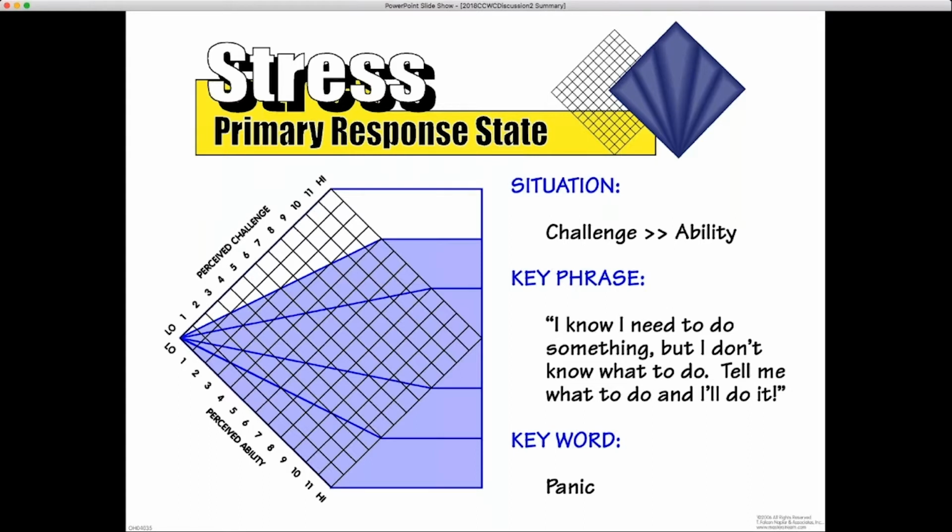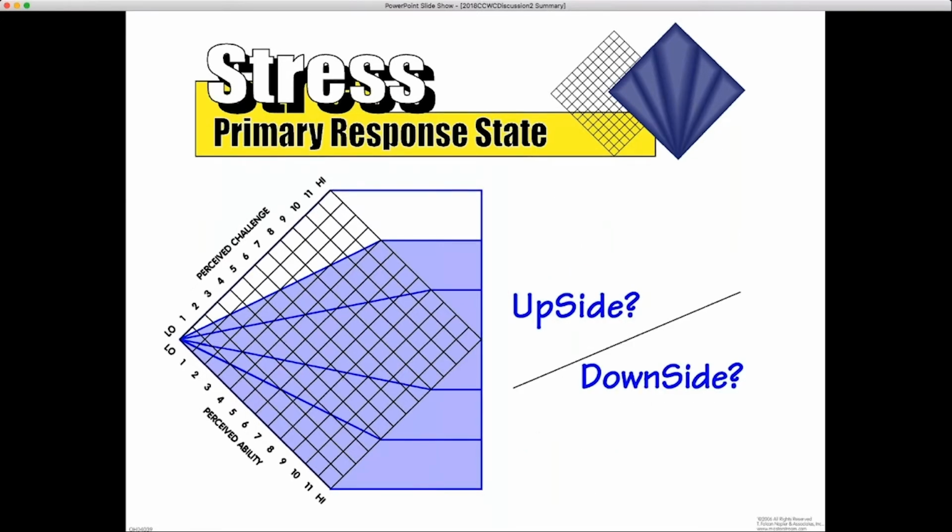So, I don't know how much we want to talk about moving people out of that situation, but when they find themselves in there, it's really time to address both their challenge and their ability and try to bring those back into line. Yeah, and we'll get into that in a later session about how to move people around the grid, depending if their level of tension is not the optimal place they want to be given that situation. What would you say are the upsides and downsides of that tension level of stress?